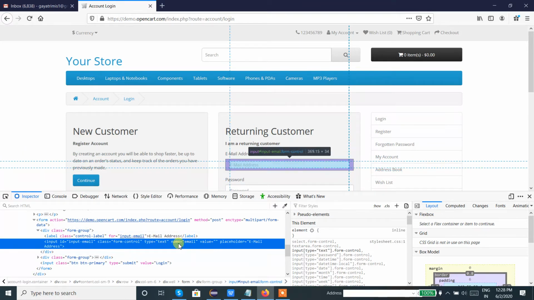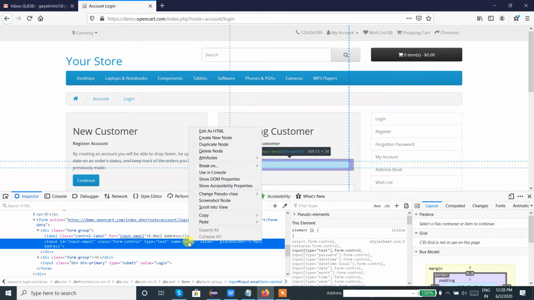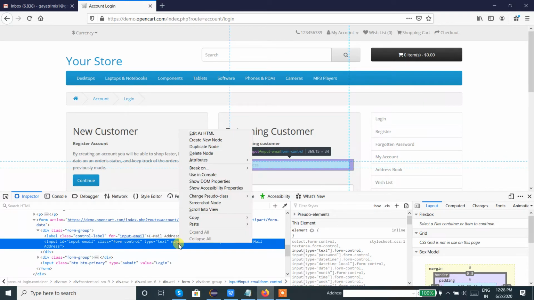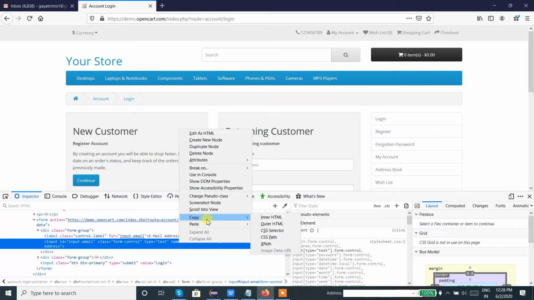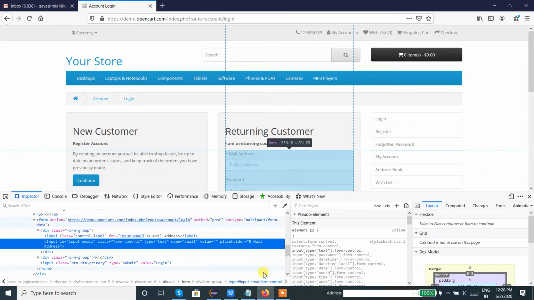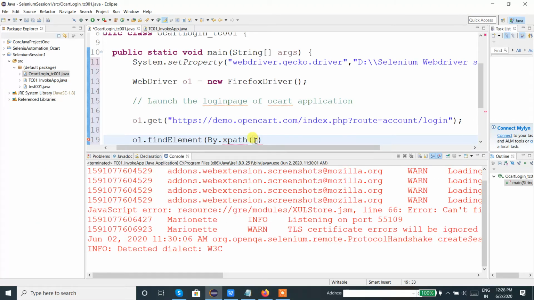Now I need to get the XPath. I need to right click on the highlighted statement, then copy XPath. Once I copy the XPath, I can keep it over here.